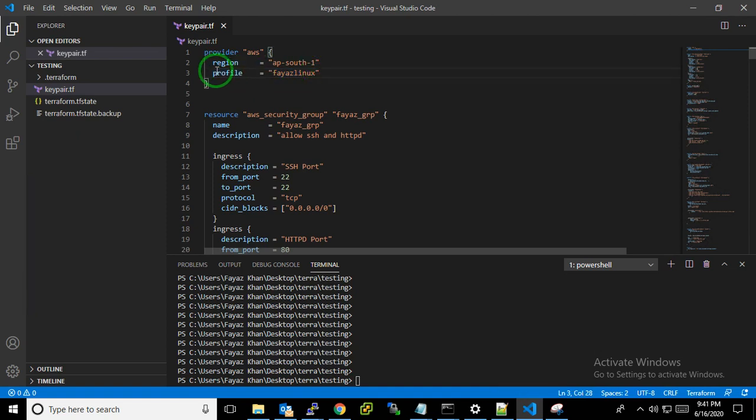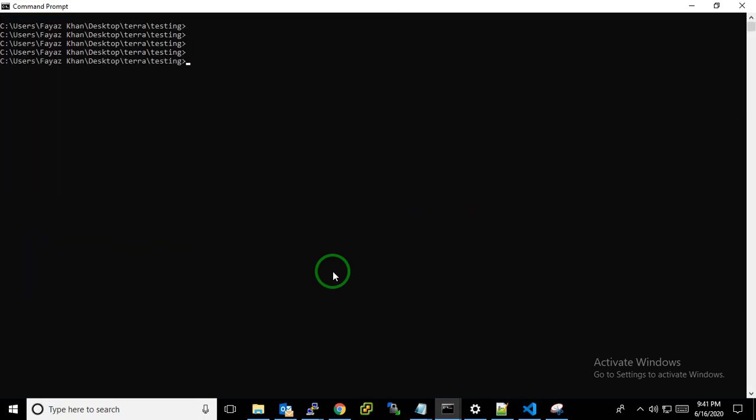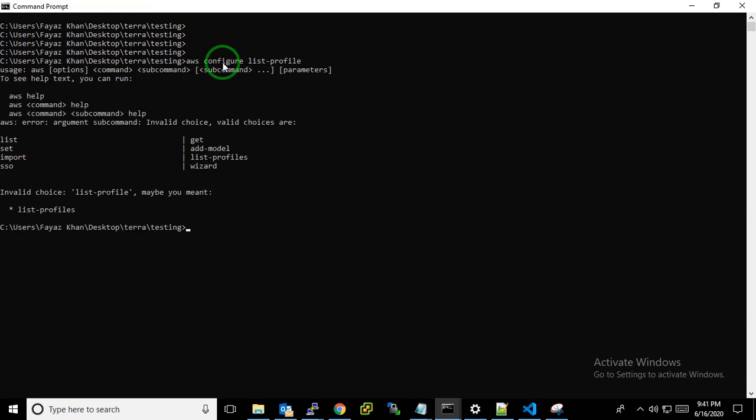You have to create your AWS account first and set it up on your CMD machine. Let me show you my list of profiles. Here is the AWS command to list the profiles.